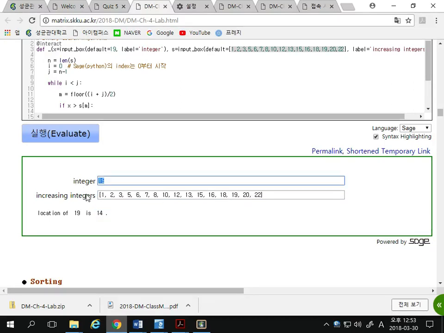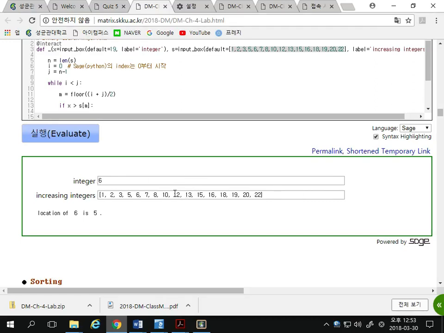For example, 22 is in the 16th position, and 6 is in the 5th position. This was done by dividing this in half and comparing